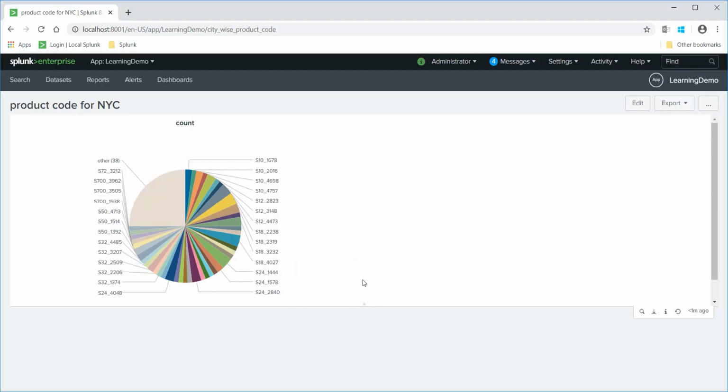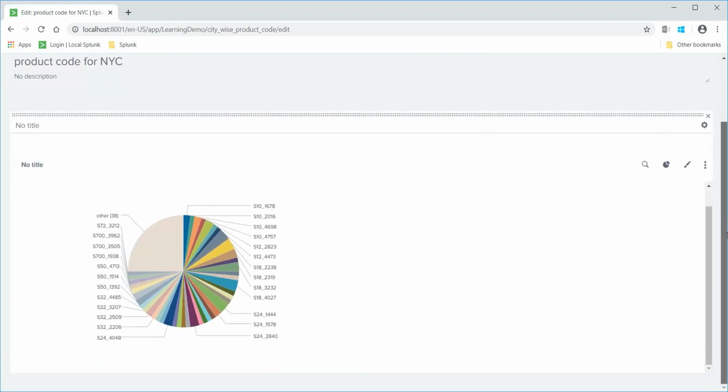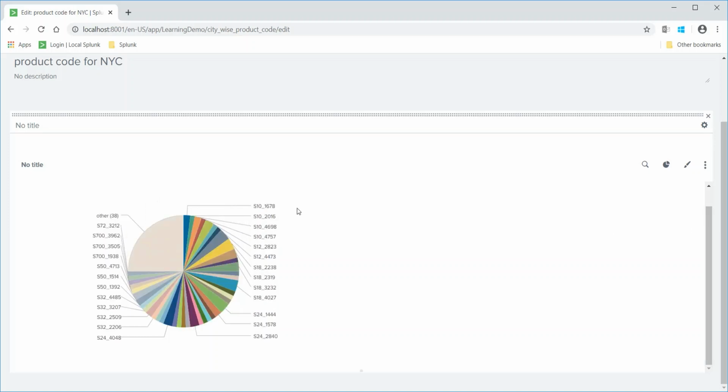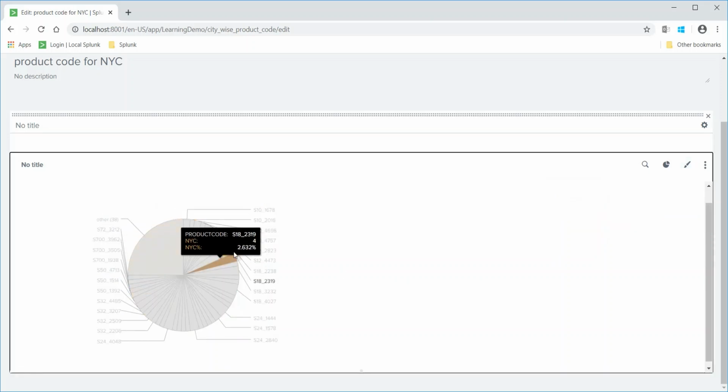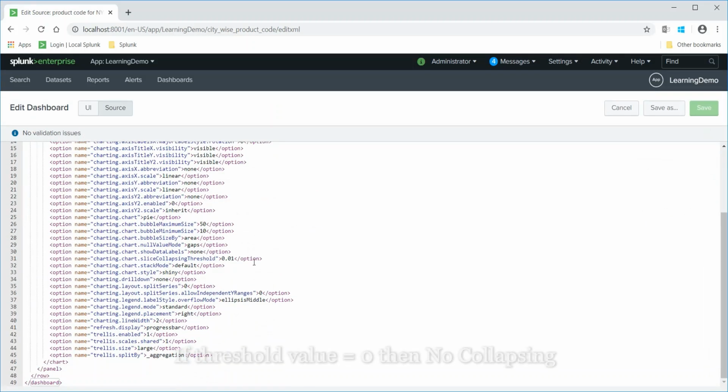Here you can see the pie chart panel on my dashboard with the "other" label for almost 38 slices on the pie chart. First we'll see how to turn it off. When we turn it off, this label should not appear for these many slices. If I want to turn it off, I will just go to 0. But before that, you can check this default value by going into the source code. The slice threshold value you can see here is 0.01.